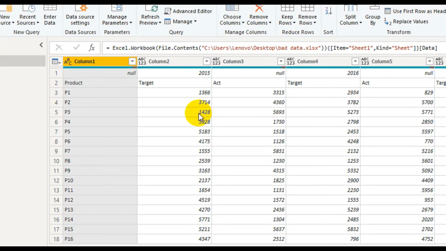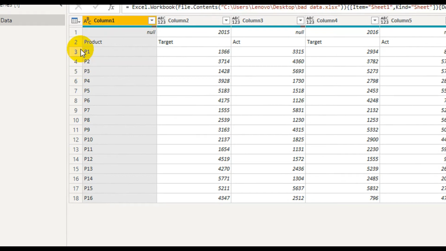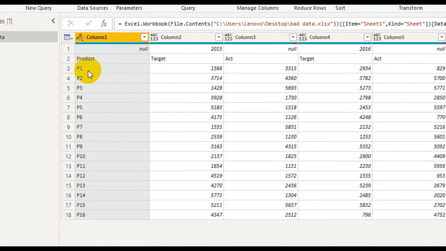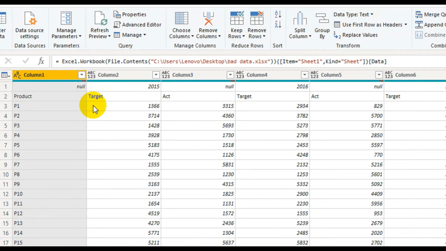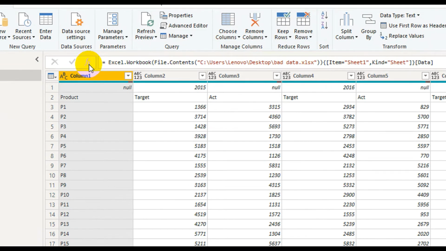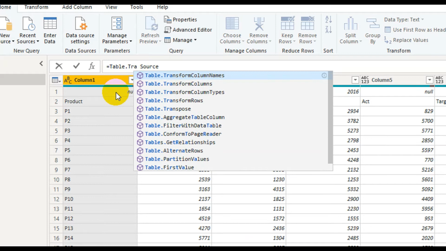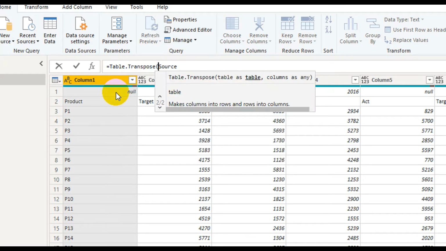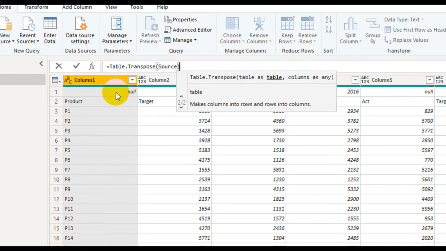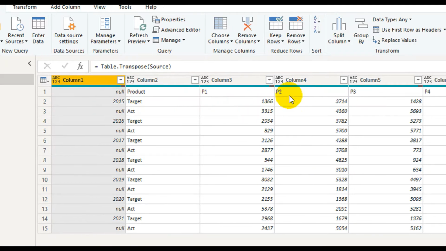For that, I wanted to bring the product, which is now in all the rows, to the column headers. Currently it is a row header. I'll bring this as a column header. For that, I need to use the transpose option. So the next step will be Table.Transpose. Simple step. You need not do much task, no mouse required. And then if I press enter, you can see the data is now transposed. Now Product1, Product2, Product3, and the heading is Product.